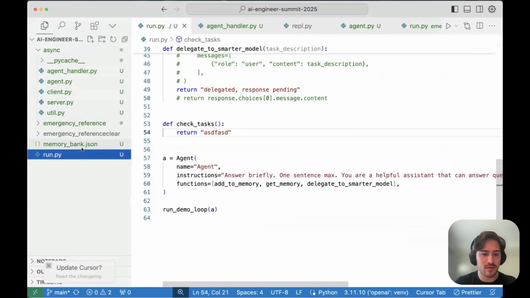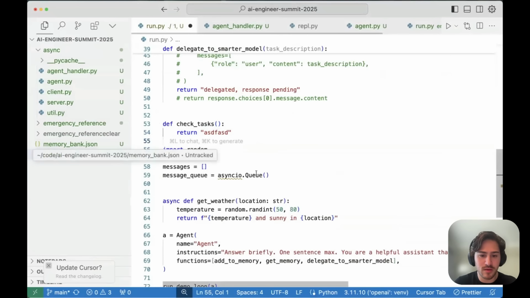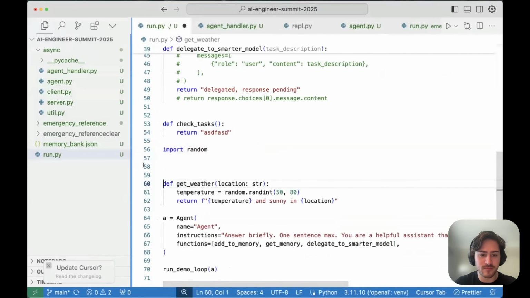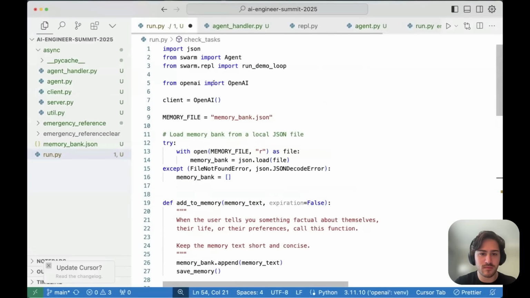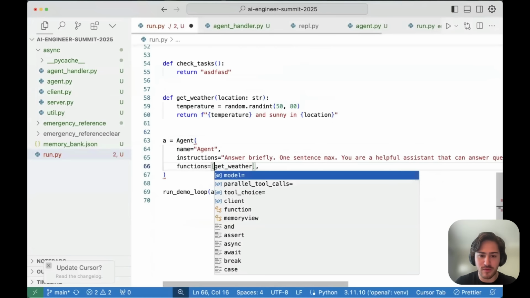Cool. We only need random. We don't need this. And it's not async. Okay, so now we have this weather function. Let's test this out in the non-async case. I'm gonna get rid of the rest for now.